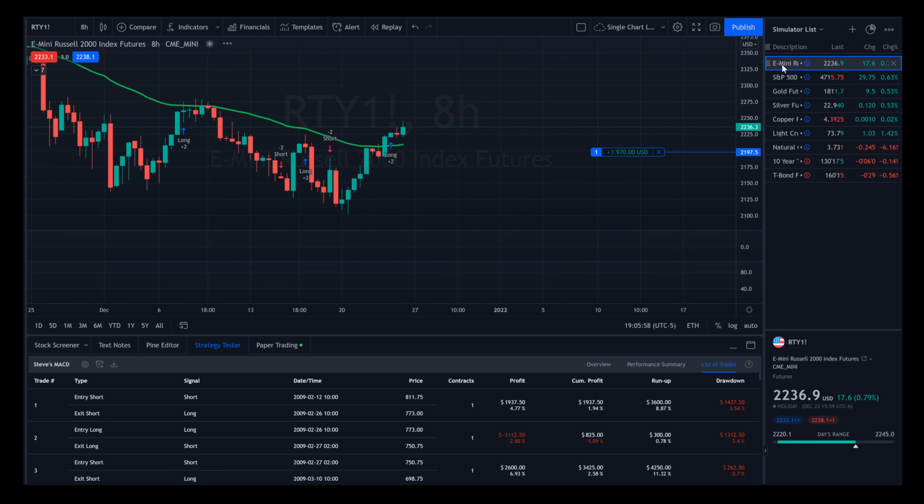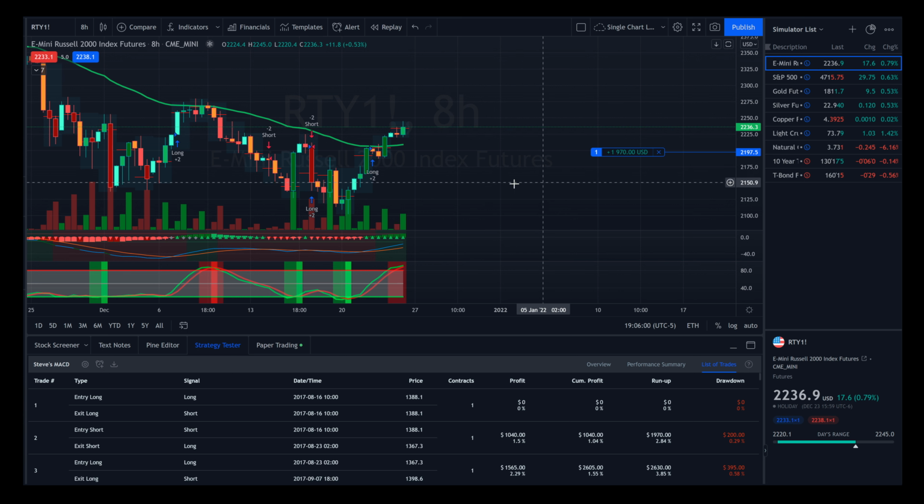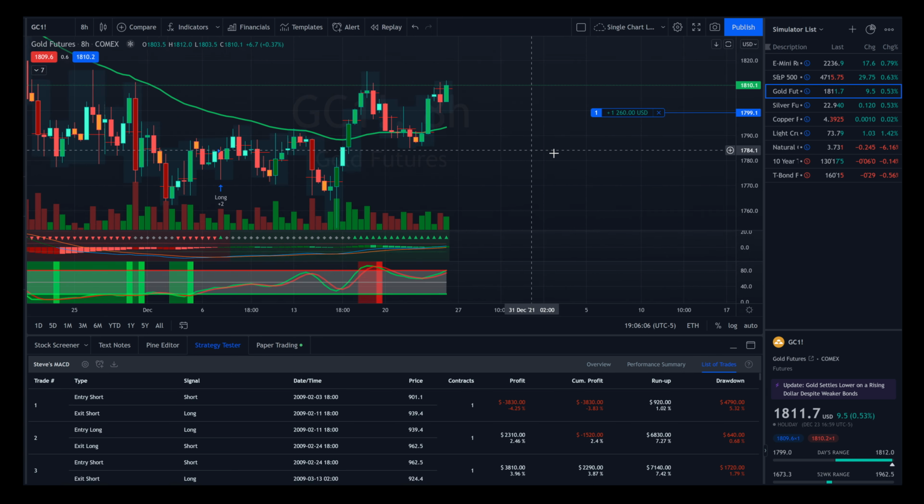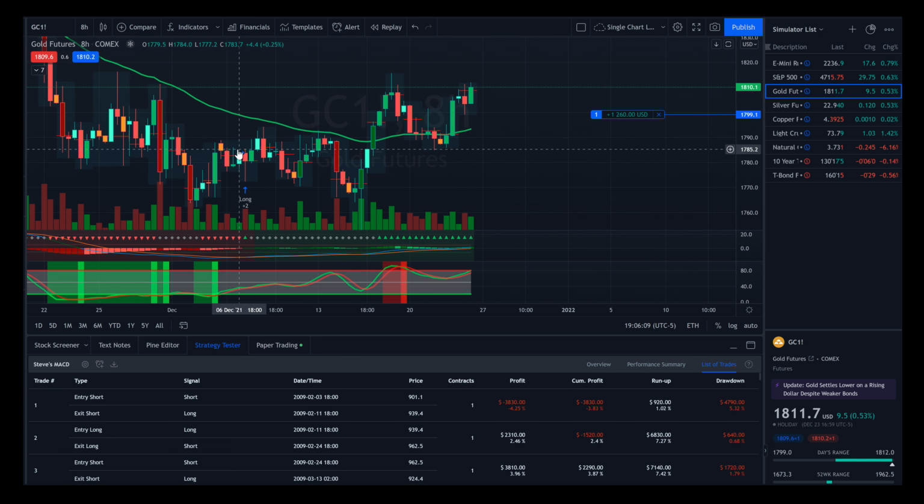So moving back to the Russell here, yep, still long, up $2,000, it's not bad. On to gold, long on gold, better late than never. We had that long signal at 17.83. Would have been nice to hold that up to here, but